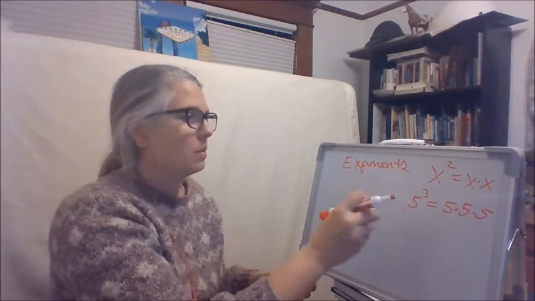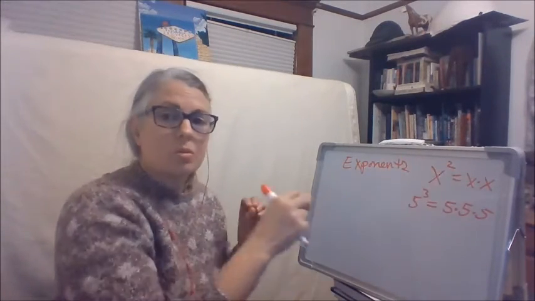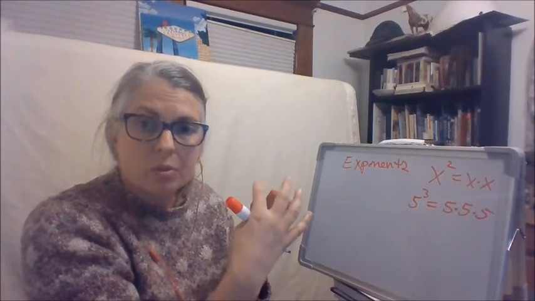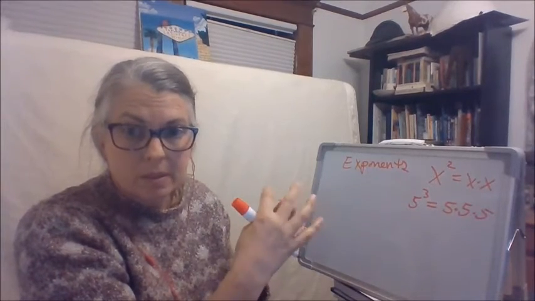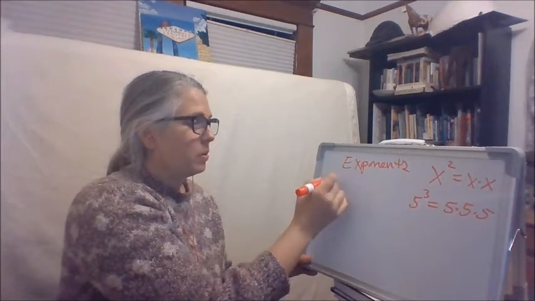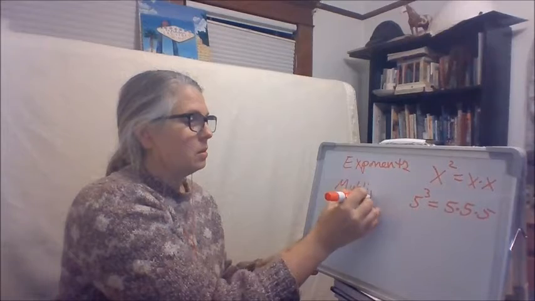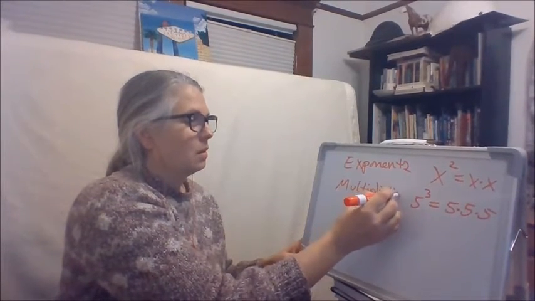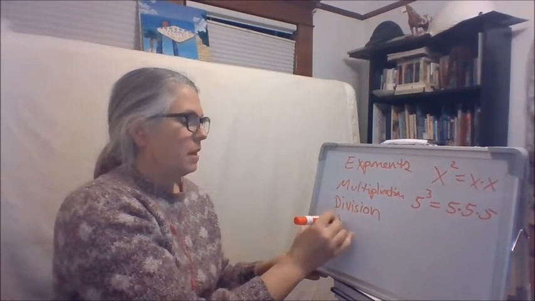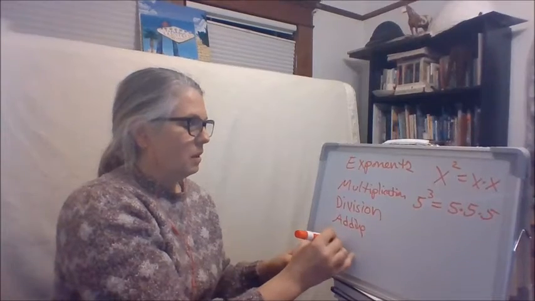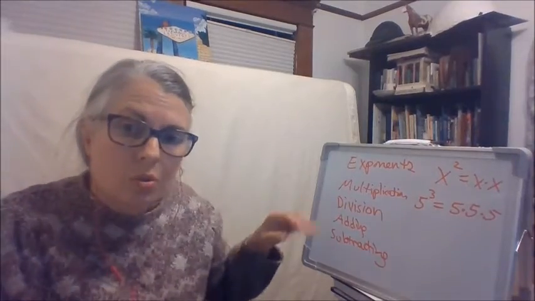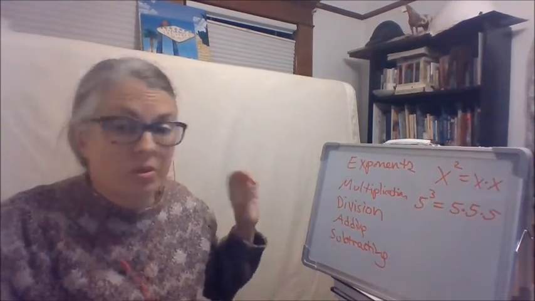If you have expressions and you don't have any parentheses, so there's no parentheses telling you what's grouped together, you have to rely on this: exponents, multiplication, division, adding, and subtracting. Okay, and you have to do these operations in this order, sort of, but not really, because as you know,